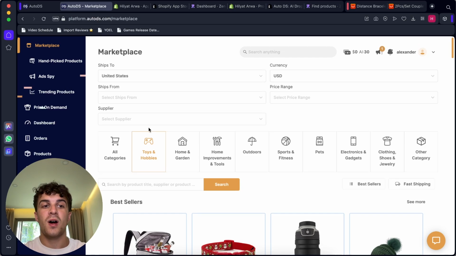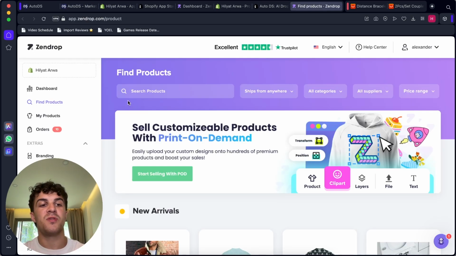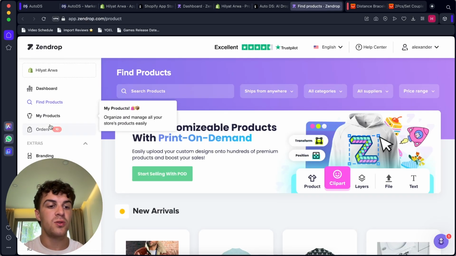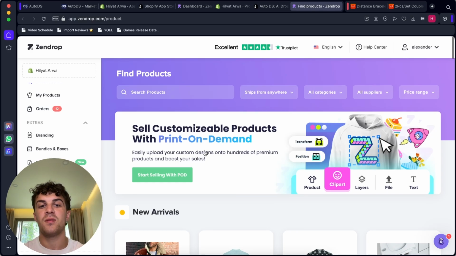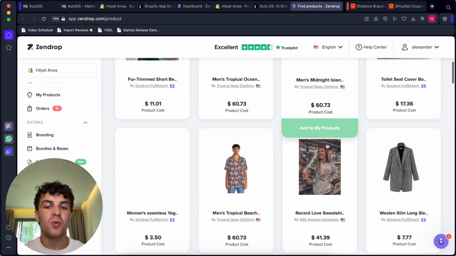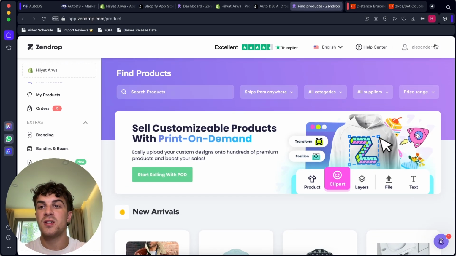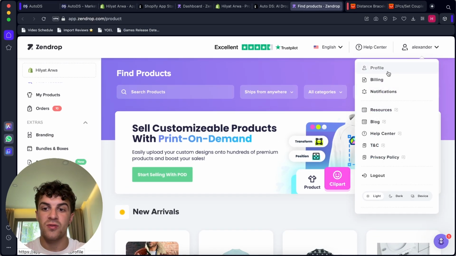So overall, I think that AutoDS is by far a worse option. It maybe has a little bit more flexibility. You can see with Zendrop here, it's just a lot easier to use, a lot more user friendly. You've also got your print on demand, which I didn't even speak about, but it's just a lot easier to use. It adds to your store straight away. It was no hassle,